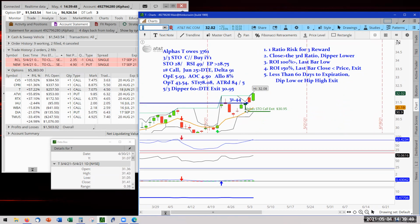And our stop is right here. The dip low is right there. Right there is our dip low. Now, granted, the third ratio finally closed yesterday, so we had a nice double star again right here. We had a double confirmation. We have our dipper low because we're under 60 days, and we got our close above the third ratio. Done. Then now look at the nice pop we got here, and now we're at 57% with 257 against an